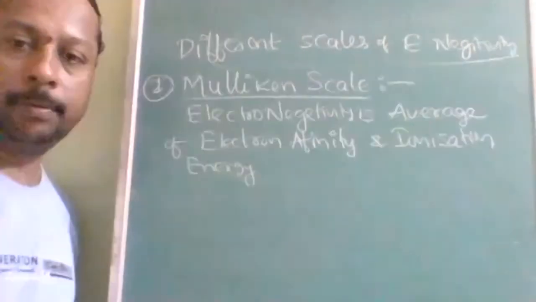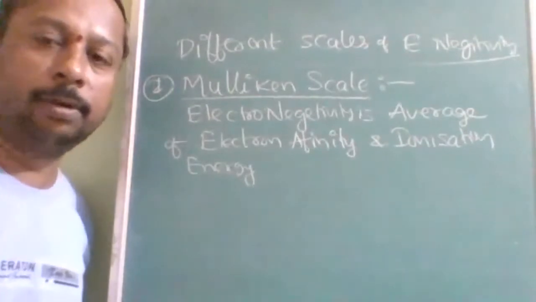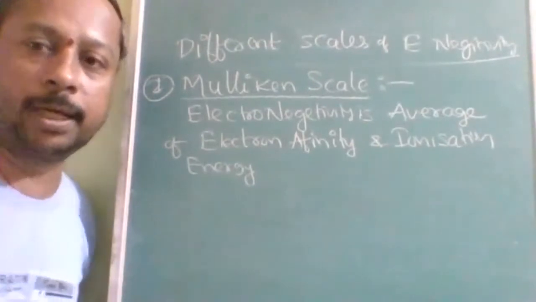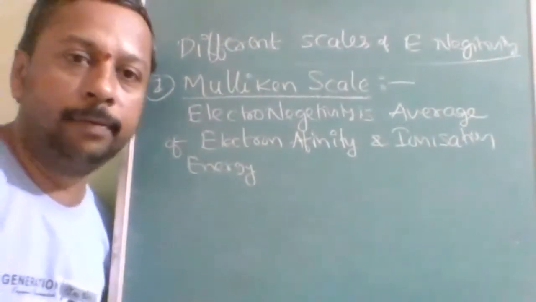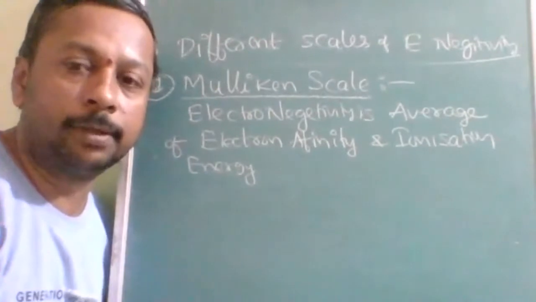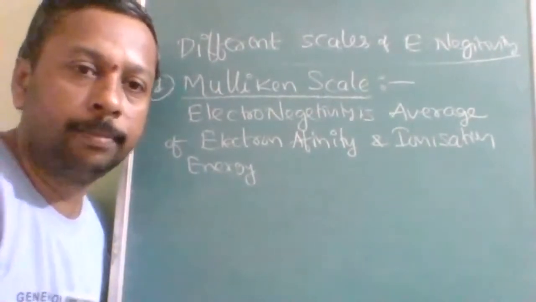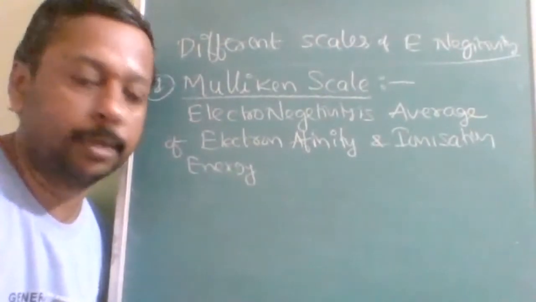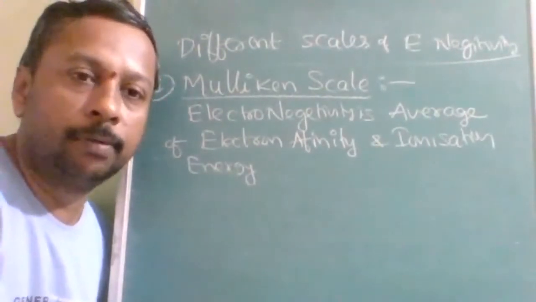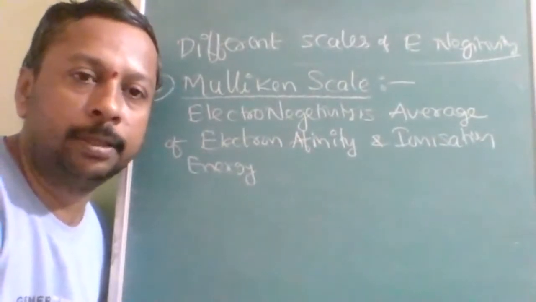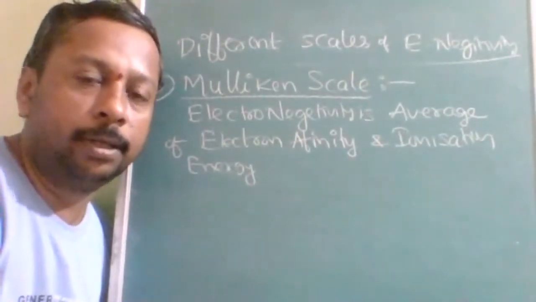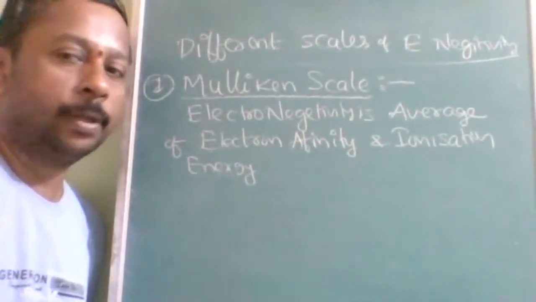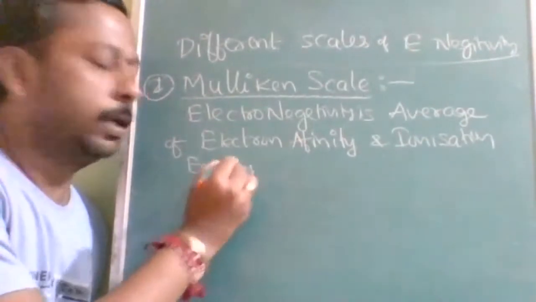As I told you, electronegativity can be calculated on different bases. The previous scale took the reference of bond energies, because there will be a difference in bond energies of ionic bond and covalent bond. If A and A are forming a covalent bond, there will be some bond energy. If A and A are forming an ionic bond, there will be some bond energy. So that was the Pauling scale concept, and the Mulliken scale concept is entirely different.